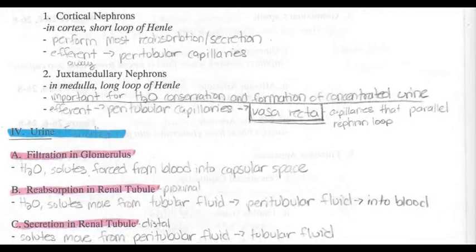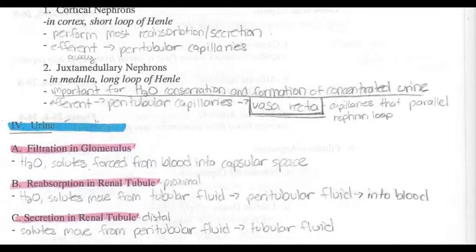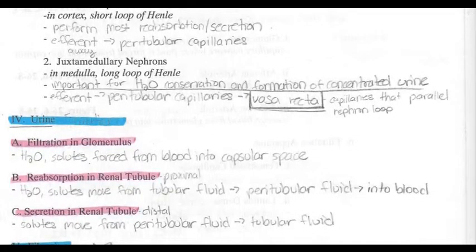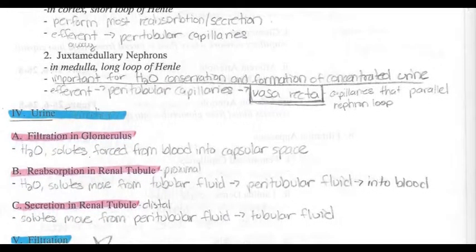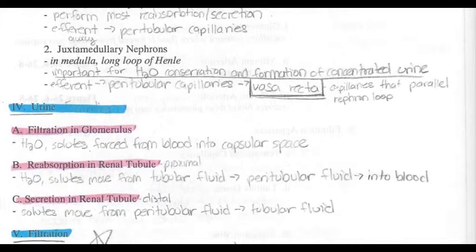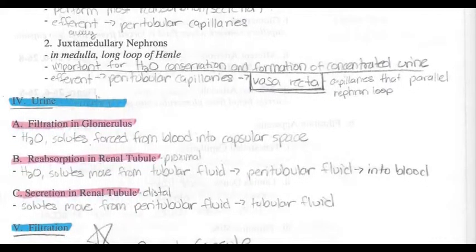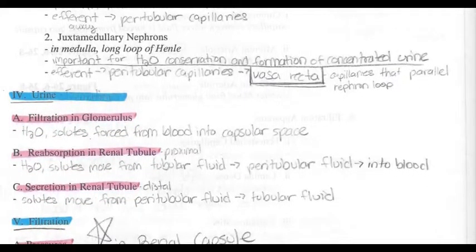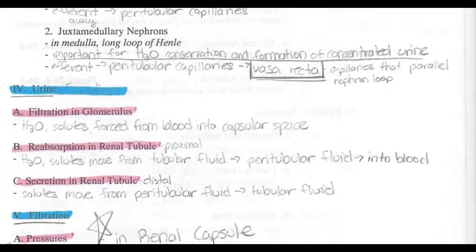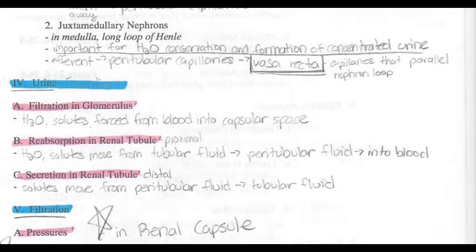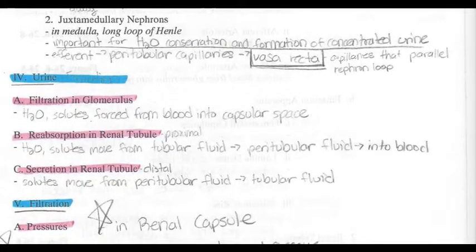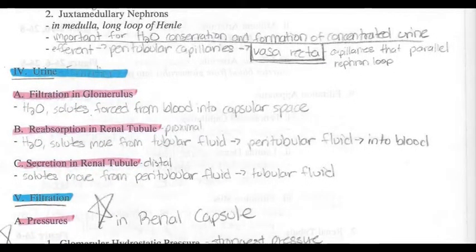2. Juxtamedullary nephrons. These are found within the medulla and have a long loop of Henle. They are important for water conservation and the formation of concentrated urine. Juxtamedullary nephrons have efferent arterioles moving material from peritubular capillaries to the vasa recta, which are capillaries that parallel the